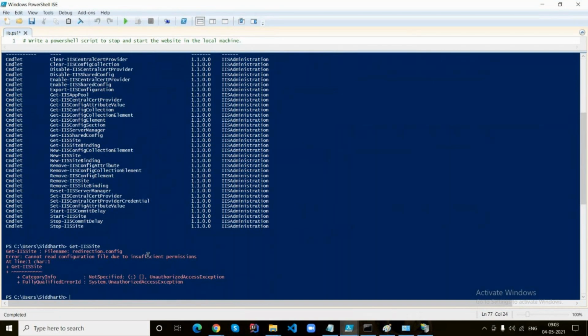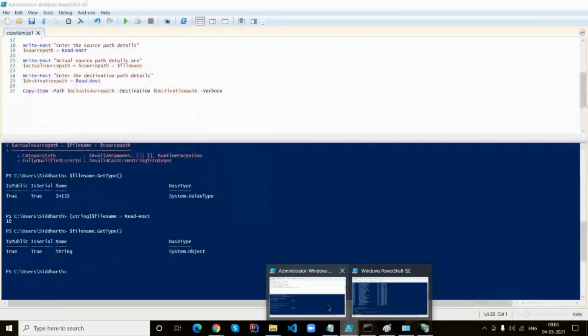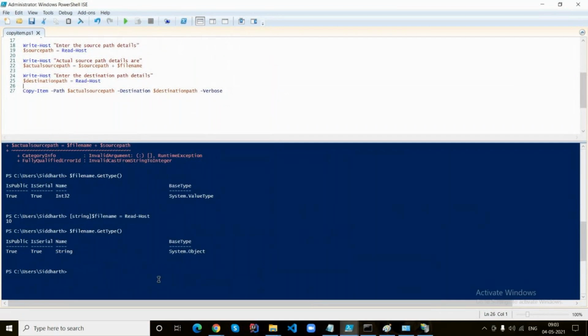You need to open your PowerShell using administrator privilege. Yep.